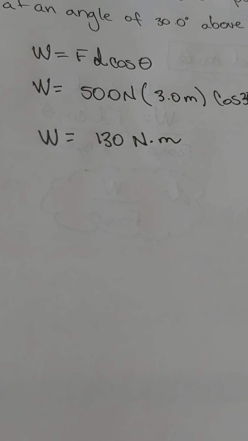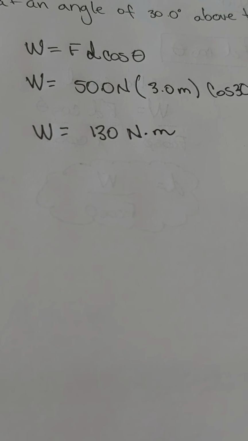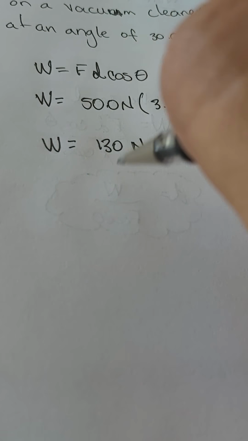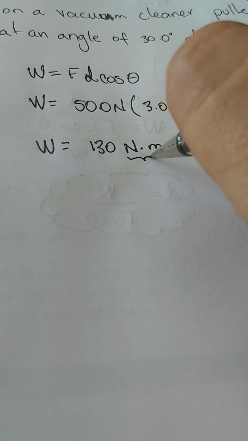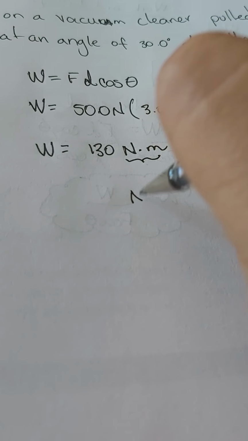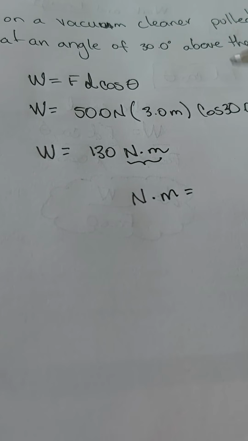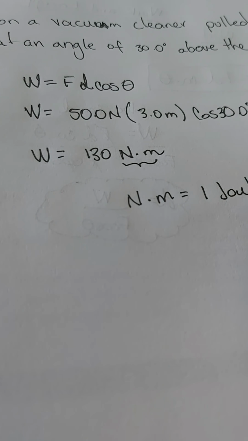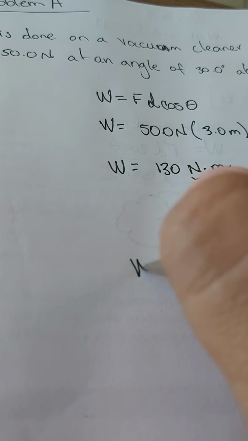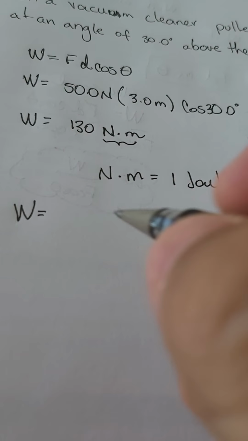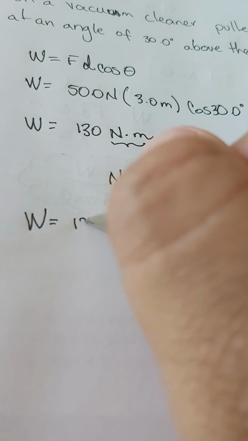Now, in what units do we measure work? Work is measured in newtons times meter, which is equivalent to 1 joule. So work in this case is equal to 130